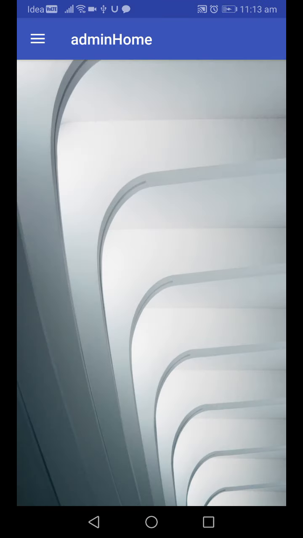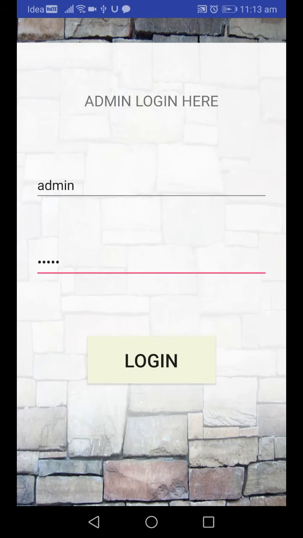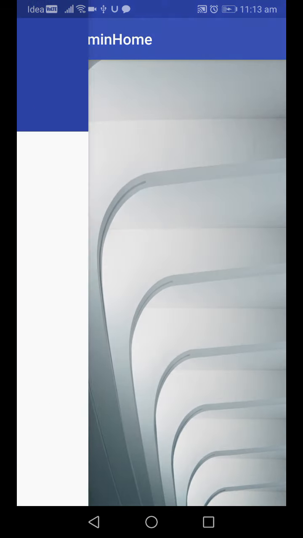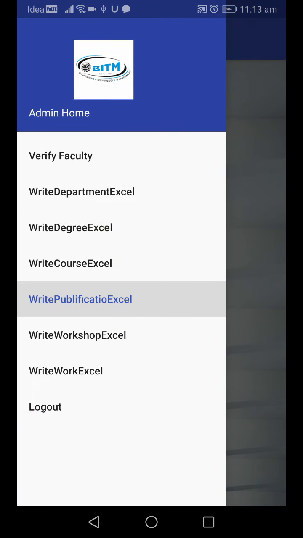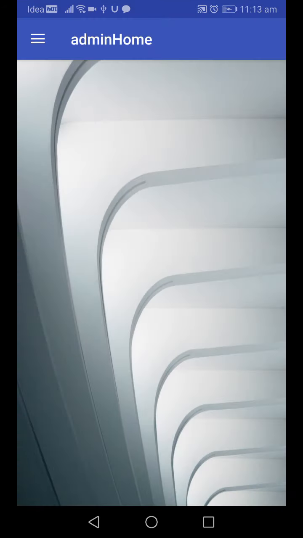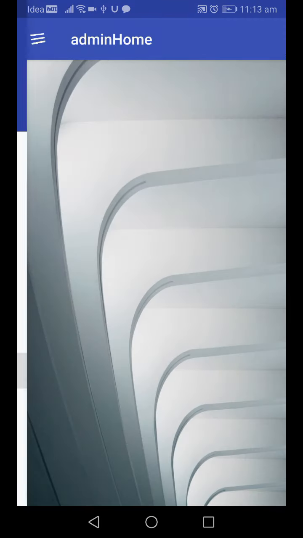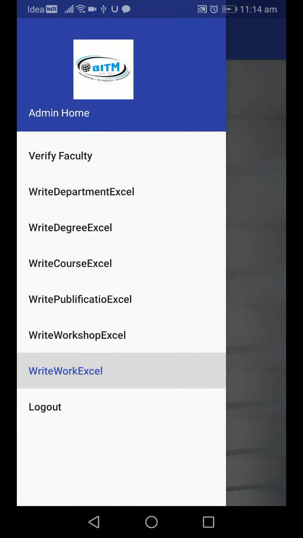Similarly, I will write all my degree, all course details, all publication Excels, all workshop Excels, and work Excels. Everything I'll write.